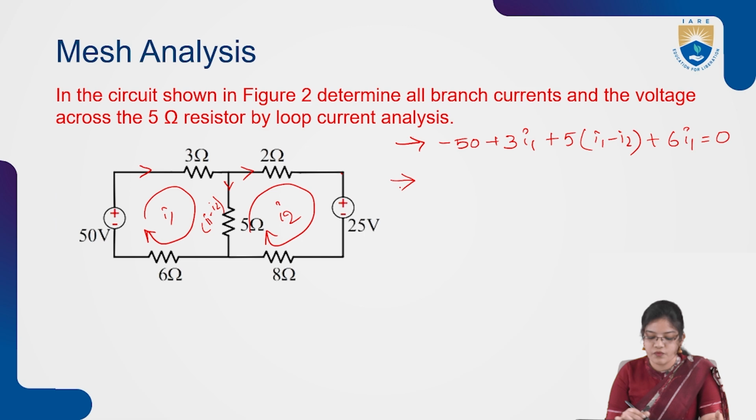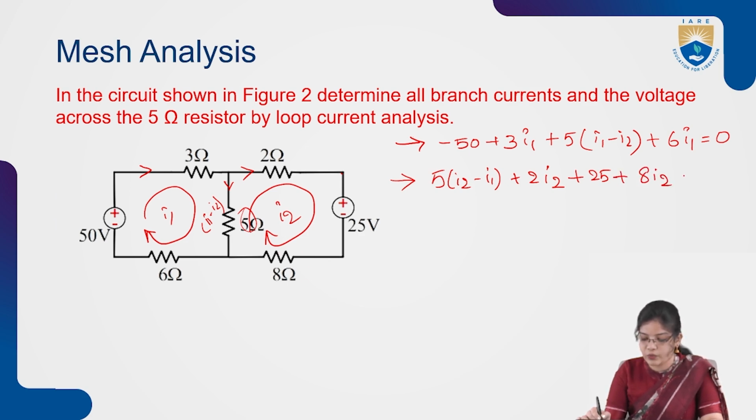If I consider the equation for the second mesh, with respect to mesh 2, the resistance across this is 5 ohms, so 5 times I2 minus I1. With respect to I2, I am calculating it as I2 minus I1, plus 2 I2. As it is flowing in the clockwise direction, the voltage is taken as plus 25. Again, the current flowing in the 8 ohms resistance will be 8 I2, equals 0. First we have to take these two equations and take out the values of I1